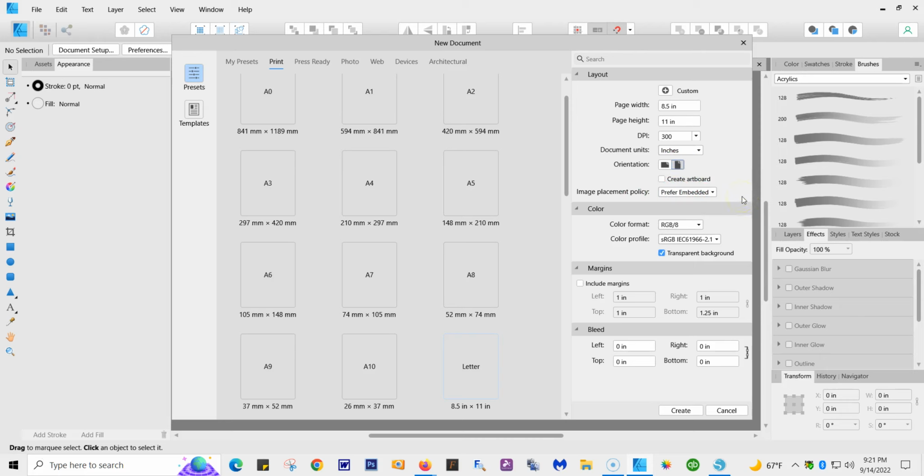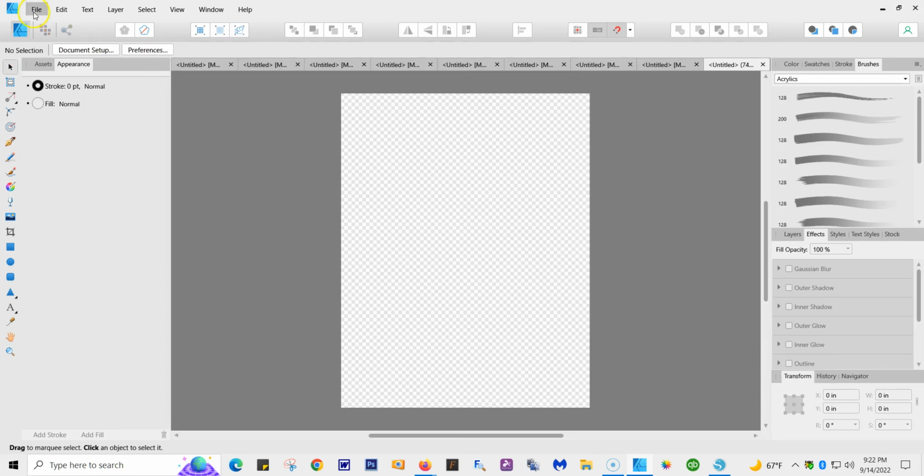Prefer embedded. Color format is RGB/8. And your profile is always going to be the sRGB IEC 61966-2.1. You can choose a transparent background, which I do, so I can see if there's any marks or not. It'll be white if you don't. Everything else stays the same. I hit create, and then I go to file,